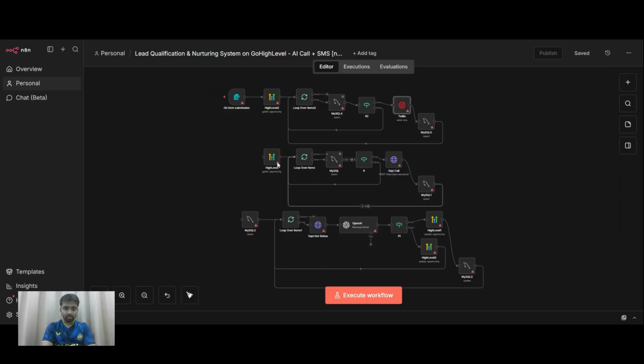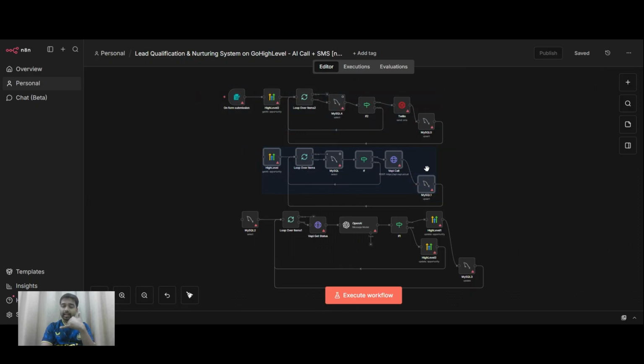So this one is the same as before, but the only difference is you have a VAPI calling HTTP request. Okay, you can see a VAPI calling HTTP request over here, and you have a Twilio HTTP request over here. The first workflow that we saw over here is done specifically for sending an SMS to a new lead, which comes from the form that has been submitted. And this is the second workflow, guys. In this,